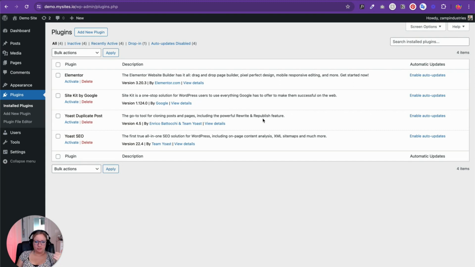Duplicate posts just allows you to copy a blog post or a page. So if you get a page set up and you really like how you laid it out, you can just quickly copy that page and add a new one. So that's handy. And then Yoast SEO is a plugin for optimizing your website for ranking on Google and other